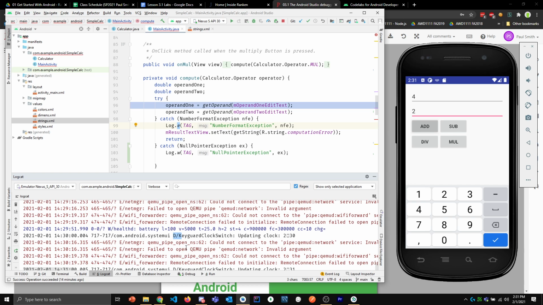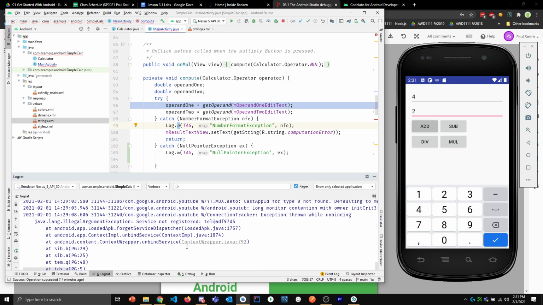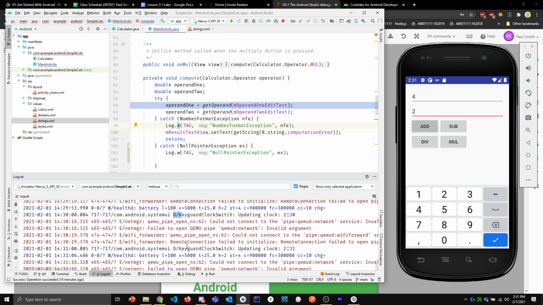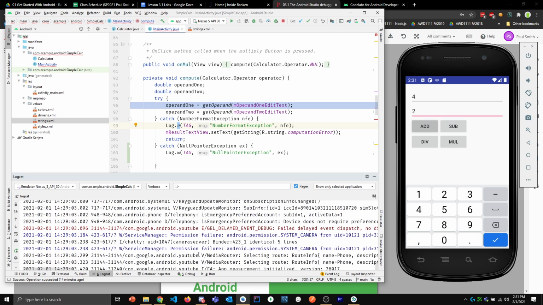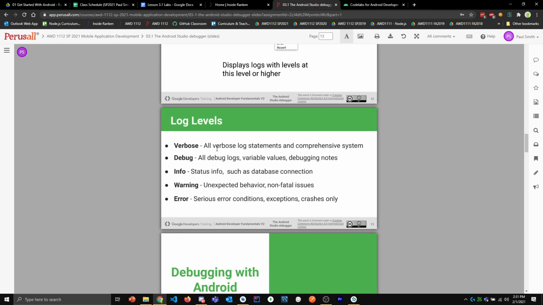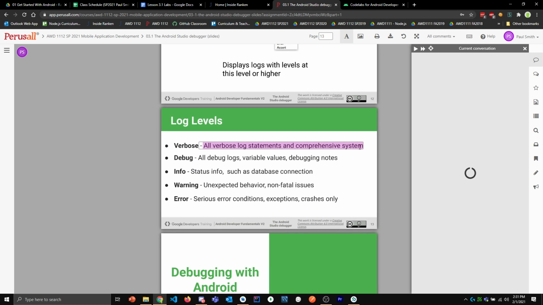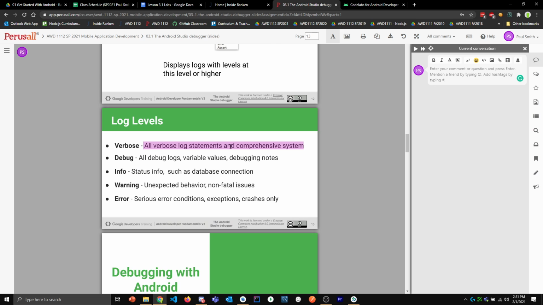So, yeah, verbose would be Log.v. Yes, it's the first letter. So V is for verbose. Yeah, explain that real quick. Verbose, I thought, was kind of like a catch-all. It's the most unabridged version that's out there. Yeah. So verbose is